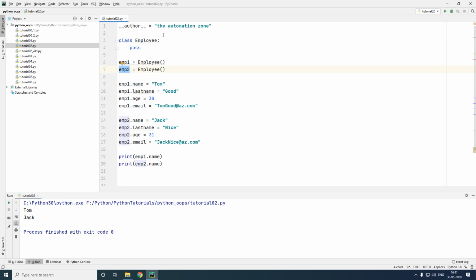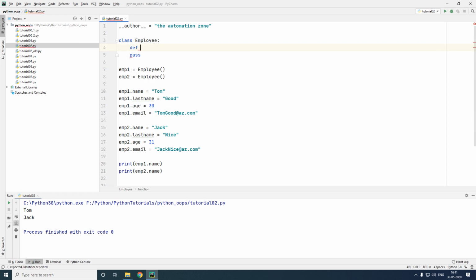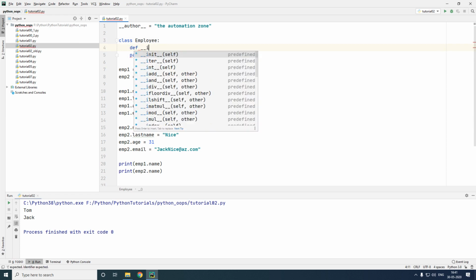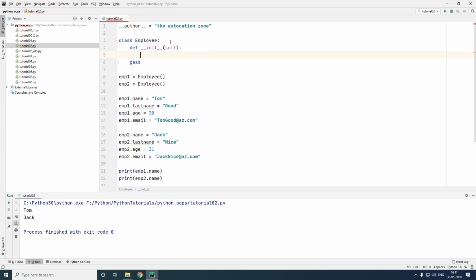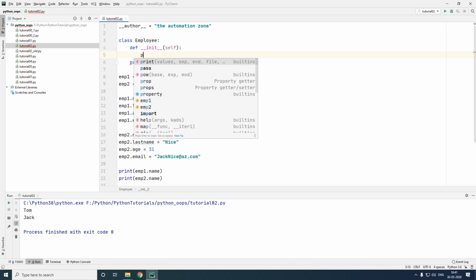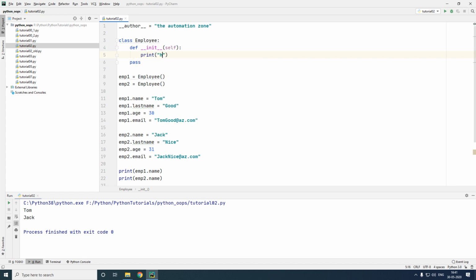To create an init method, simply create a normal function inside of your class with the name init. It cannot have any other name, and by default it takes at least one parameter. The parameter by default takes the name self. You can have any other name, but I prefer to keep it self so others can understand. Now to prove that it is called all the time, we'll go ahead and print hello world. Now, as I said before, I have created two objects, hence it's printed 2 times.